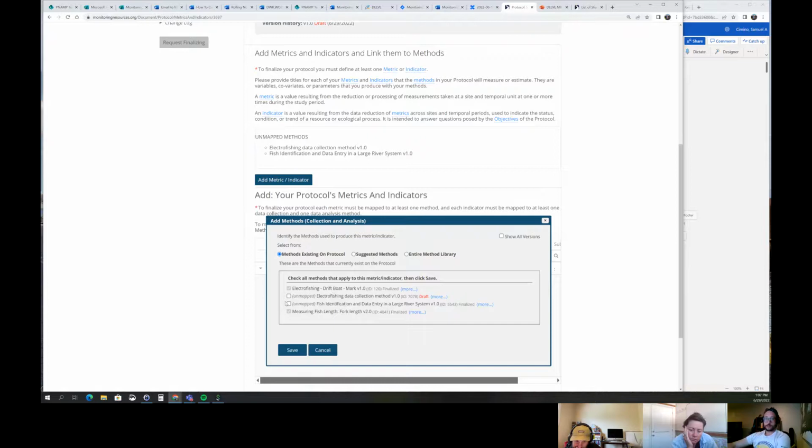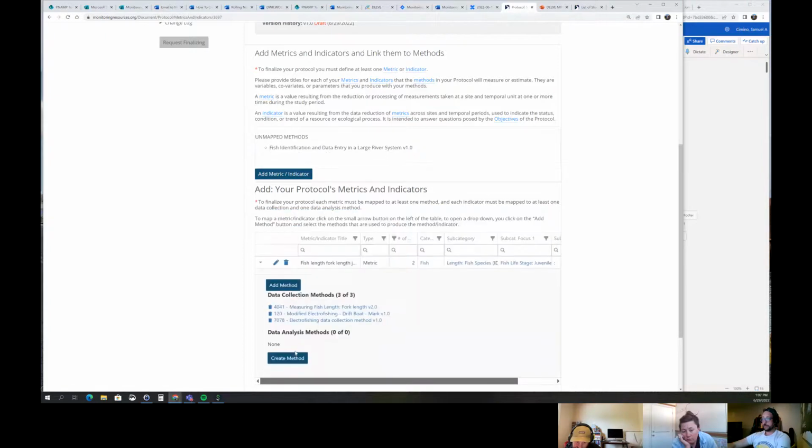So I can even add our draft method, associate it with that fish length metric. So let's do that. Click save. So we have those three methods mapped to this fish length